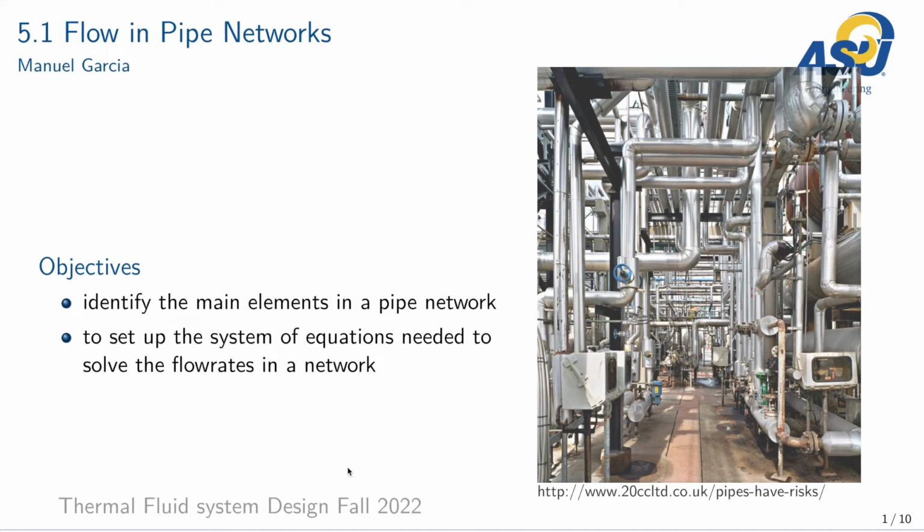In this section, we are looking into the flow in pipe networks. Pipe networks have many important industrial applications, like in the oil and gas industry, and also important applications in the water distribution system in a town, in a building, or in a house. So we can observe here the complexity of a network in an industry. This is very common when you are refining oil, for example. All petrochemical industry have very complex